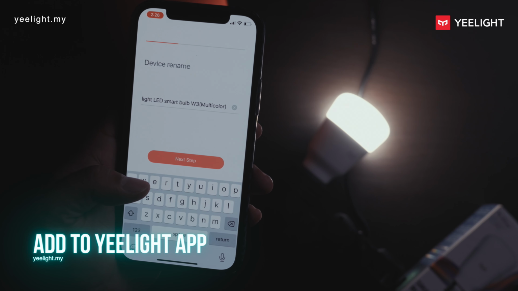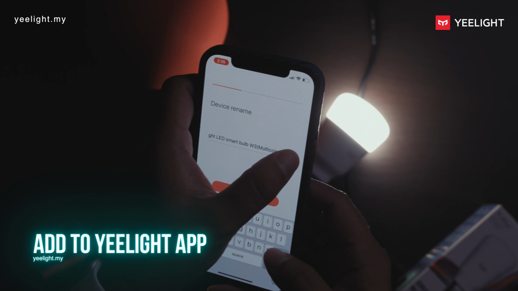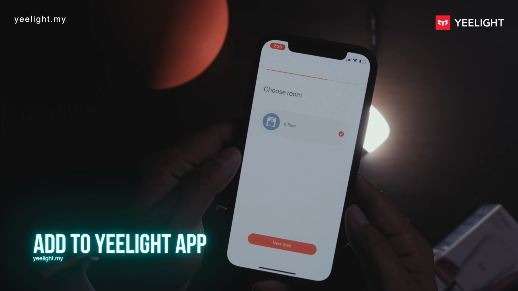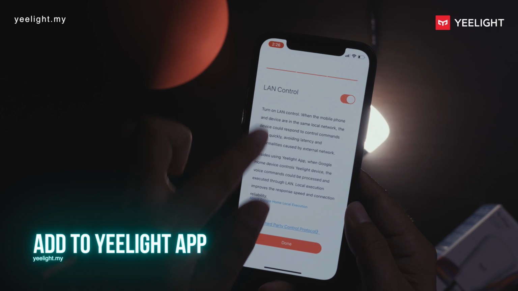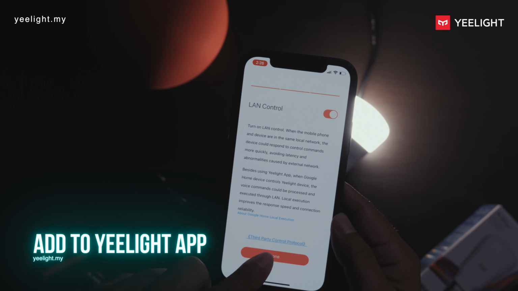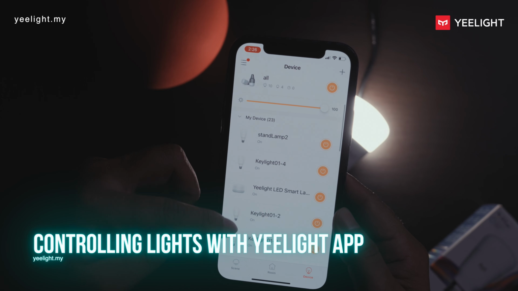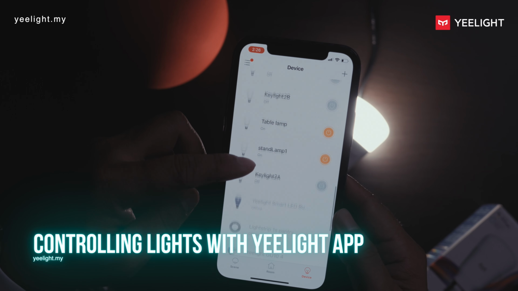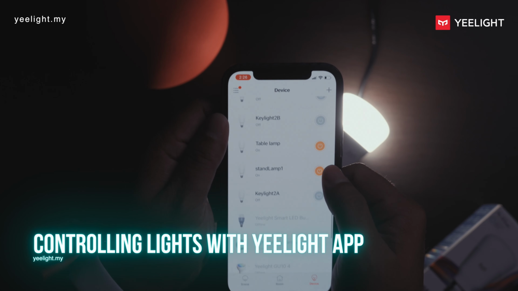And once successfully connected, we can name the light and the location where the light is going to be located. Now, if you're like me and plan to integrate this light with a third-party tool, click yes to adding to LAN. Once the Yeelights are successfully added to the app and essentially the network, we are greeted with many controls